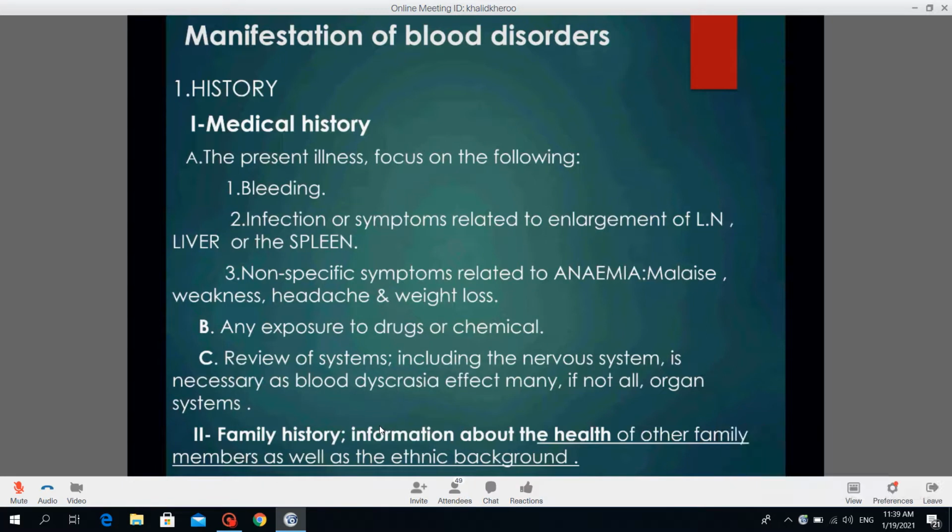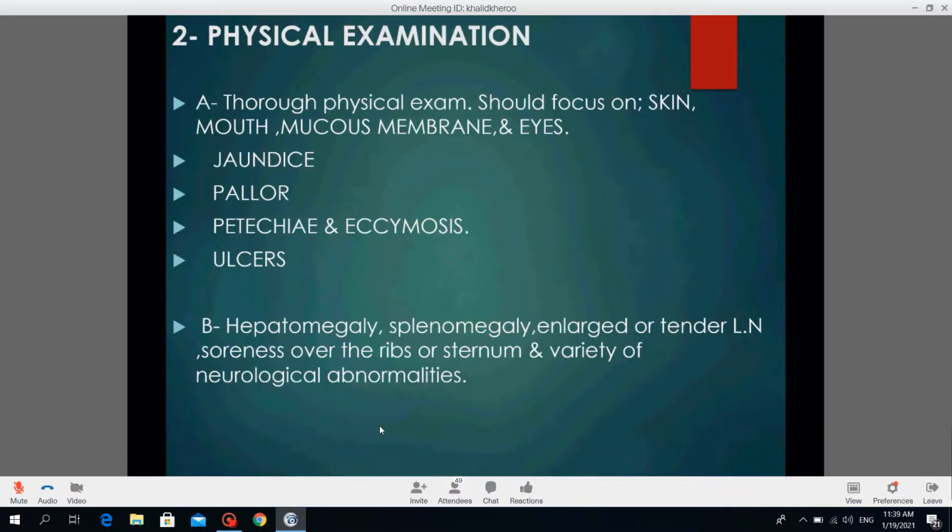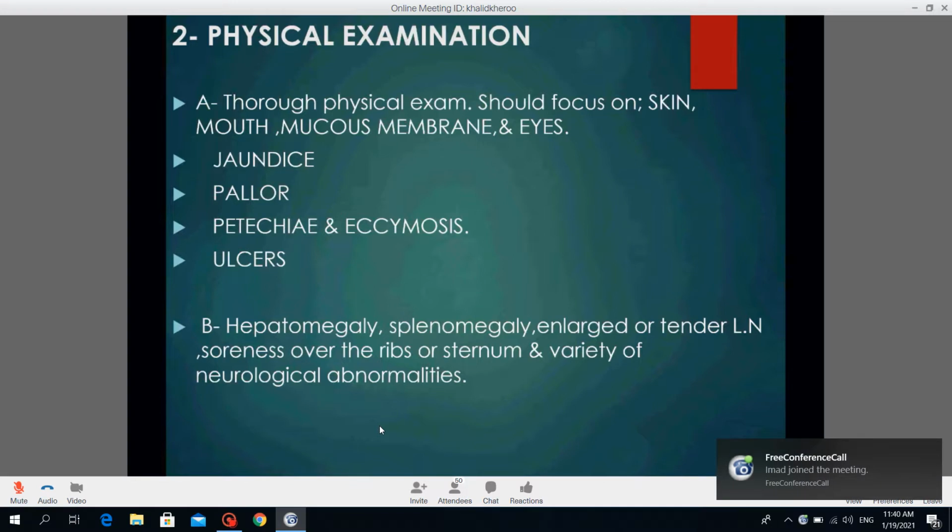But the important point to look for on examining a patient presented with a blood disorder is the skin. The skin gives a clue about whether there is pallor of the skin, and this is the major and the golden sign of anemia. This is the pallor, or there may be jaundice, yellowish discoloration of the skin,